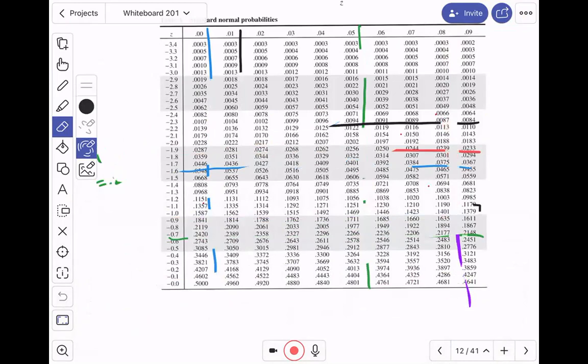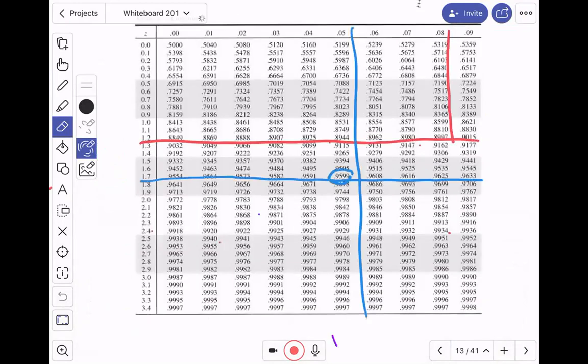And I'm erasing the negative. You only really need to look at the positives, by the way, because the z-score is always a right-hand positive value. The z-score is always a positive value. So if I want to find the area that corresponds to